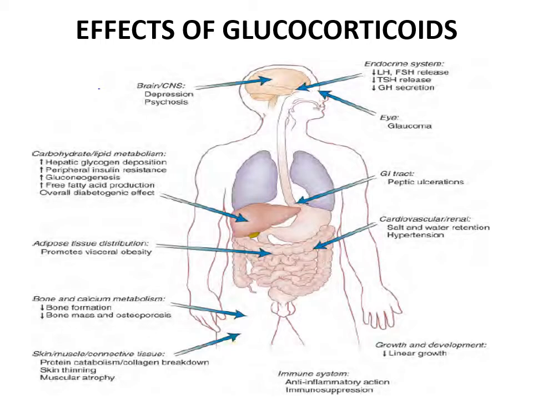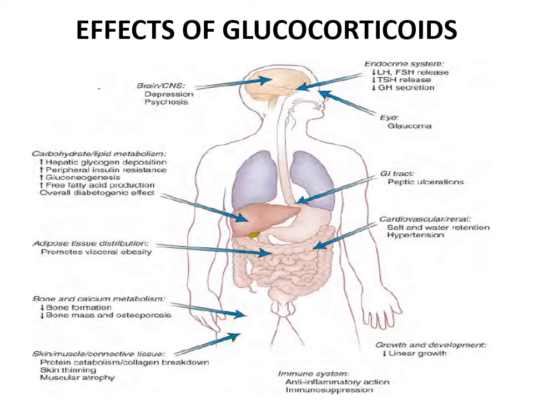In the liver, cortisol stimulates glycogen deposition by increasing glycogen synthase and inhibiting glycogen phosphorylase. But hepatic glucose output also increases through the activation of key enzymes involved in gluconeogenesis,